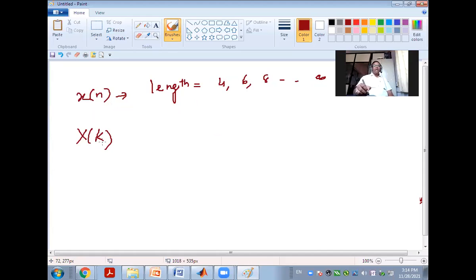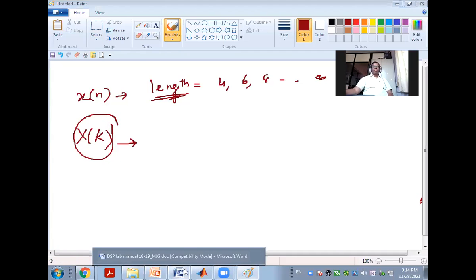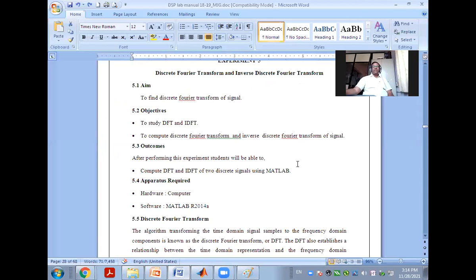Based on that we will get the output as a DFT again. So first we require the length of the sequence. Then we require the number of samples present in the sequence, that means we have to decide its amplitude, right? Based on that we are calculating the DFT value. So let us understand the program here so that we will understand it in MATLAB again.